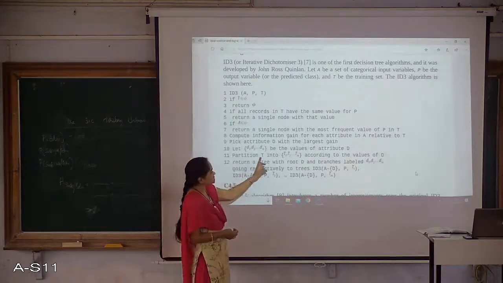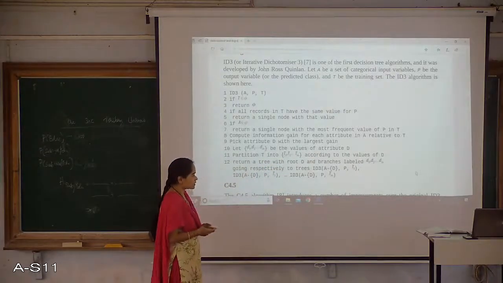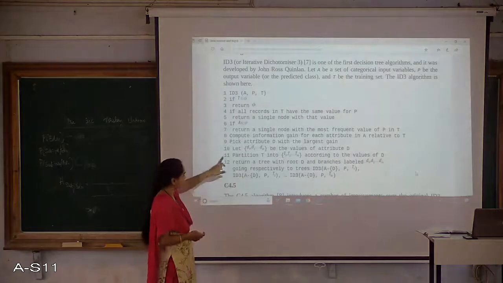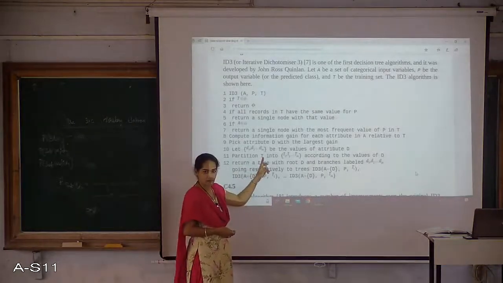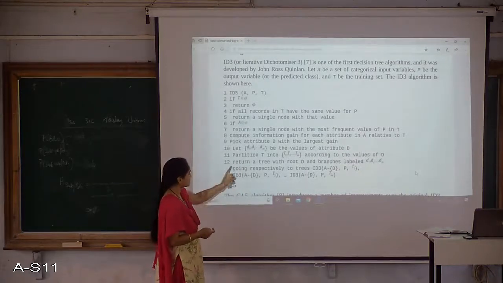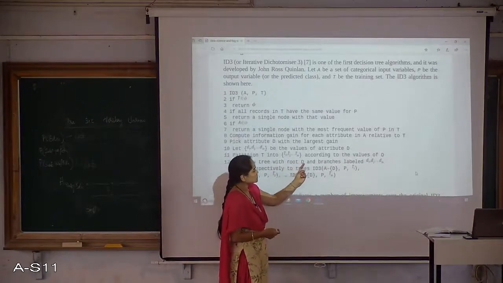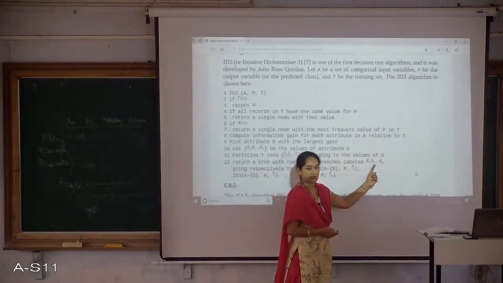Then partition T into T1, T2 and Tm according to the values of D. So your training data T, I am going to make into categories. That's what I am calculating the probability. Return a tree with a root D and branches labeled with these.